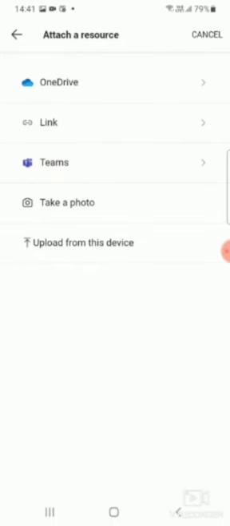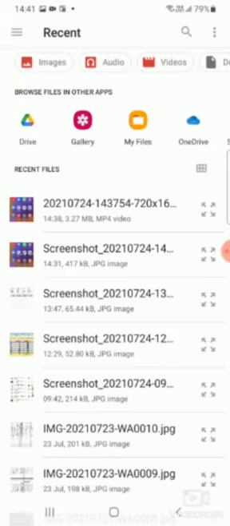After completing it, we have to take a screenshot and save it in the device from which we are going to upload. So I'm going back again, and after reference materials you can see there is my work. Under my work we have an option of add work. I have to click on that add work and I will find options for where I have to attach a resource from. So I am going to click on upload from this device.